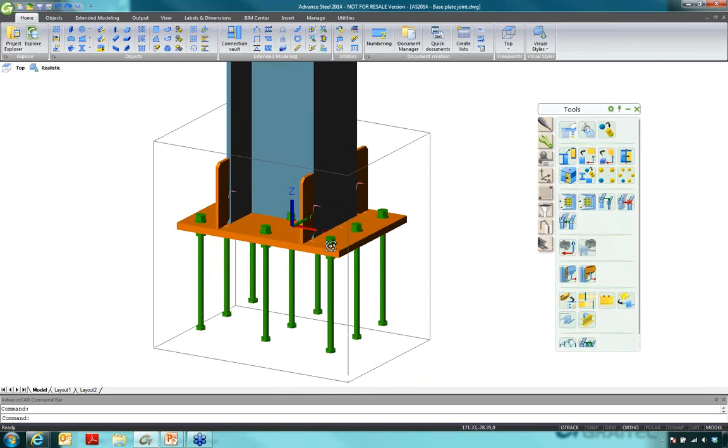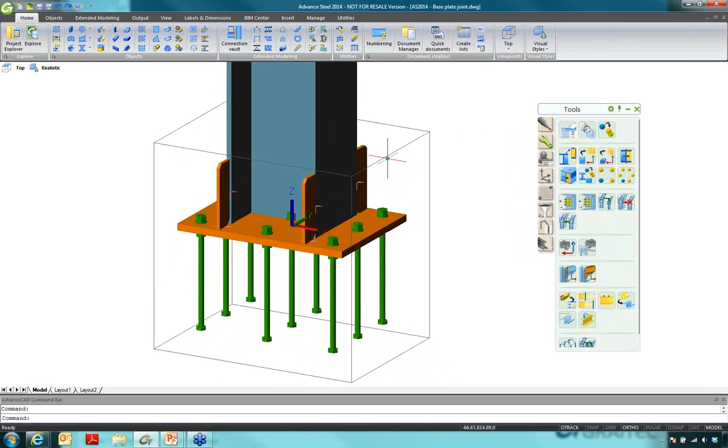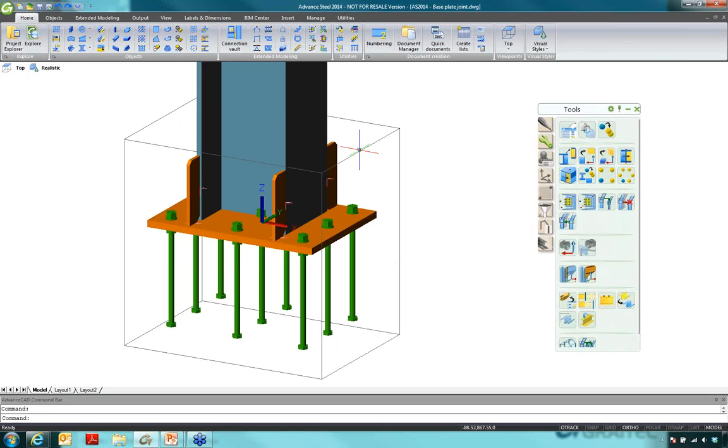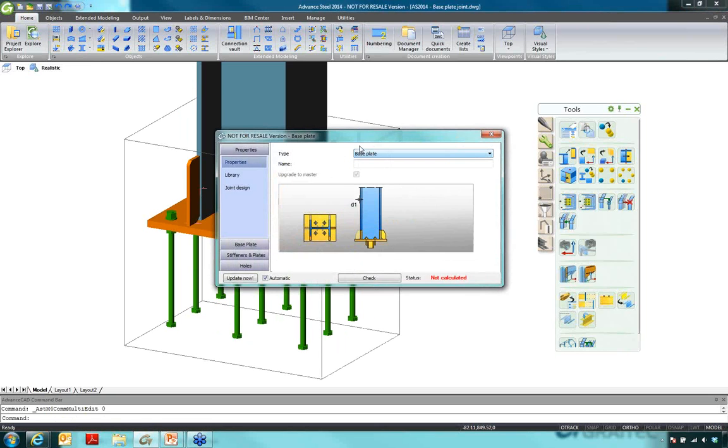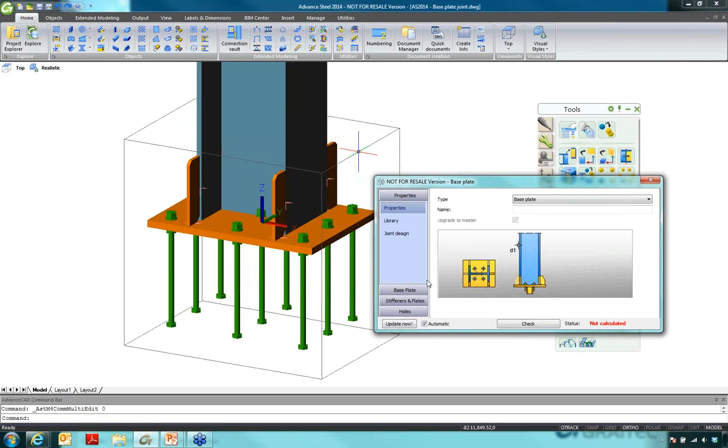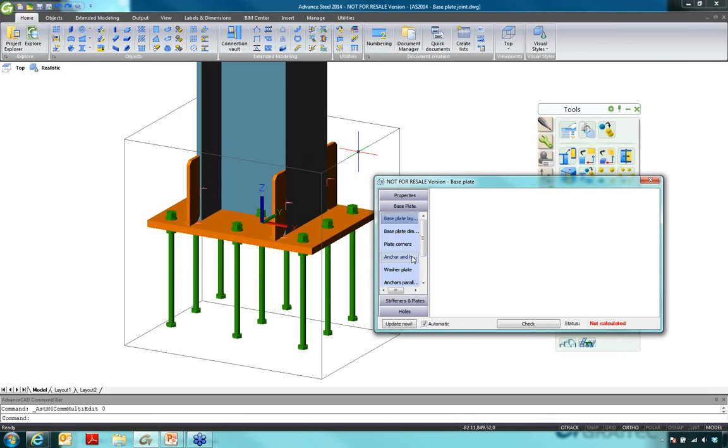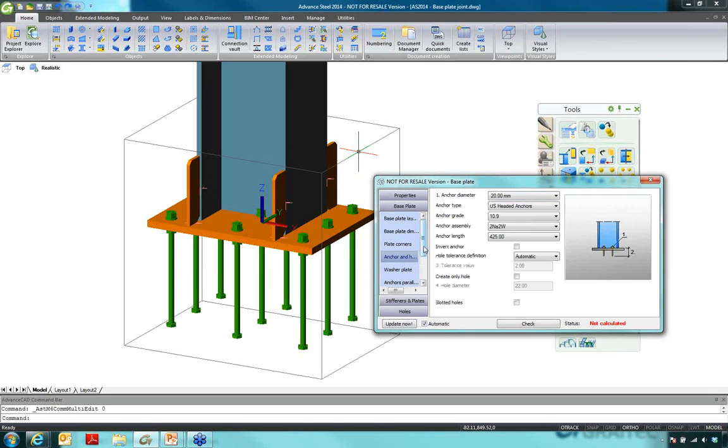In the previous release, you had no other choice than deleting the cuboid, deleting the anchor here, but you did not have anymore the possibility given by the automatic connection. So now, if I double click on this cuboid to have access to the base plate connection, there is a new possibility here. If you go to anchor and bolts,